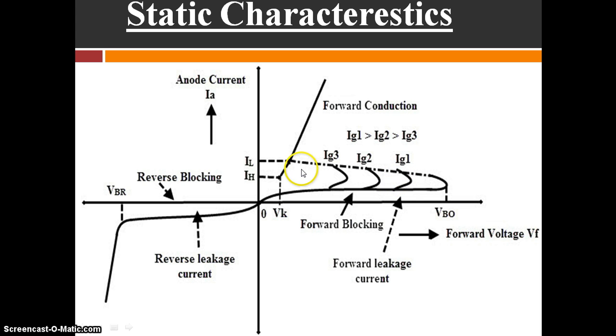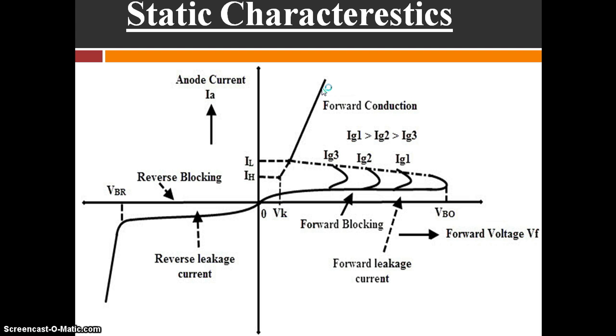Okay, then finally a large current flows through it, that is Ig1 is greater than Ig2, and Ig2 is greater than Ig3. That is, this current is greater than this, and at this stage the latching current is reached, that is, the current highly increases. Holding current means a constant current with respect to cathode voltage. Then the current slightly increases in the on state.